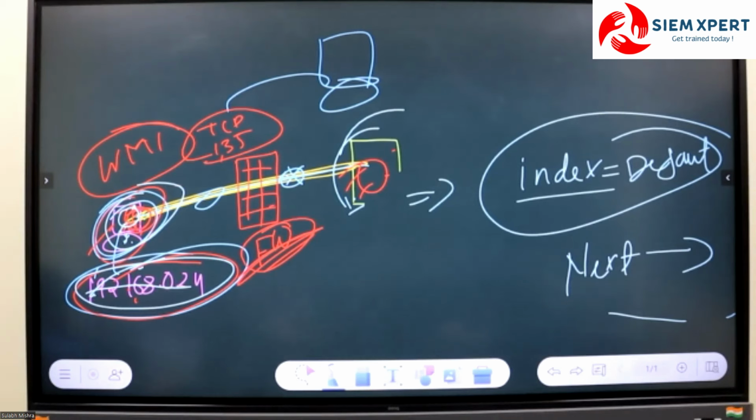Now, in order to verify the successful integration of the device,